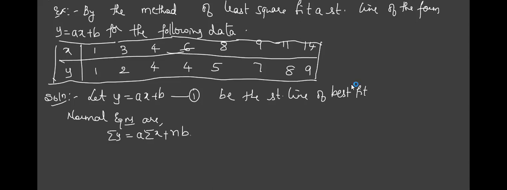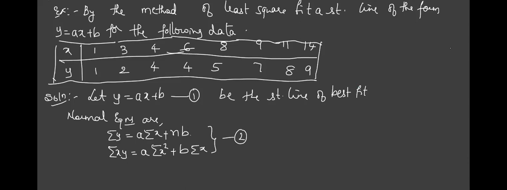What is the next normal equation? Now you tell me correctly, Mahesh. Summation of xy equals a into summation of x square plus b into summation x. Remember the procedure, how b is written, so that if you remember, you will not commit any mistake.